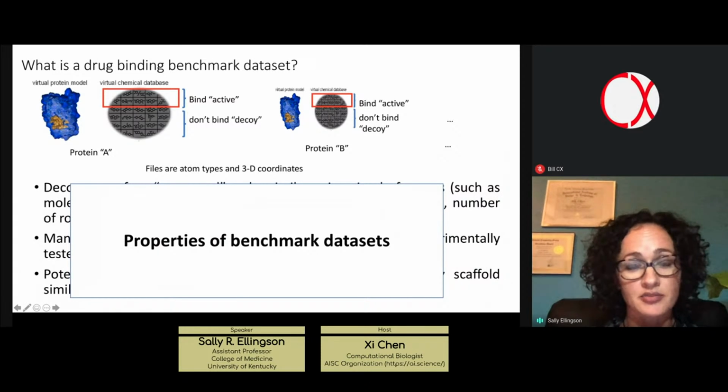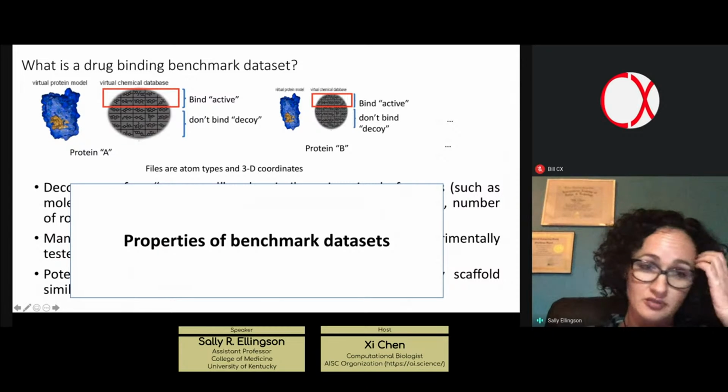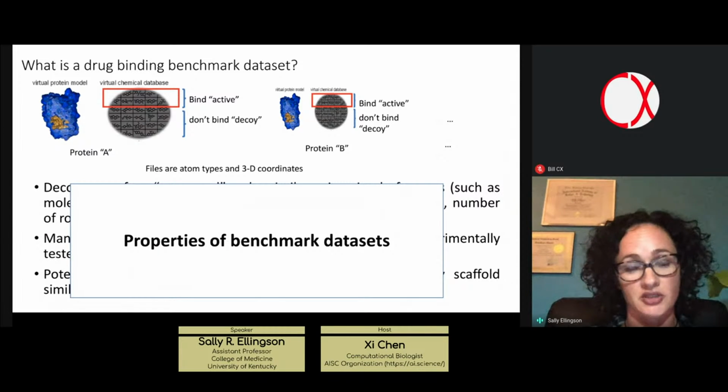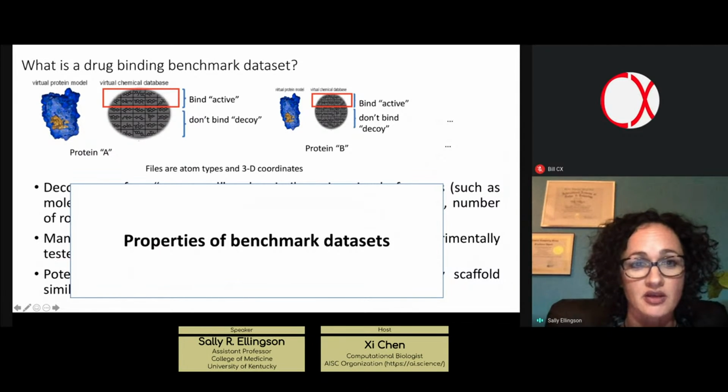So here's an example of a kind of data set that can be used for this. This is just a depiction of a drug binding benchmark data set. In these data sets, for a particular protein, they have a large library of chemical compounds, and they have some subset of them that are known to bind to the protein, and then some subset that do not bind to the protein, which are often called decoys. And then these benchmark data sets usually have it for multiple proteins,